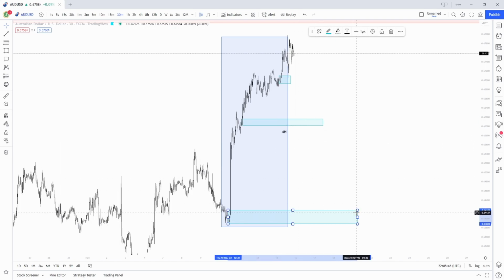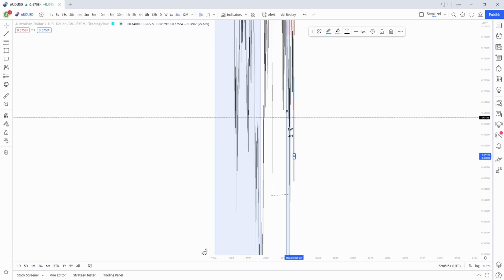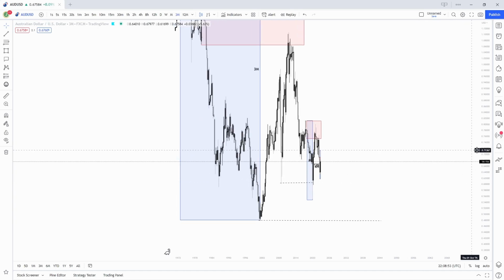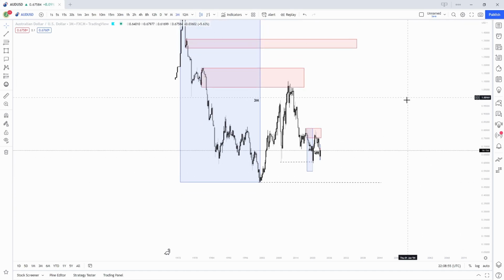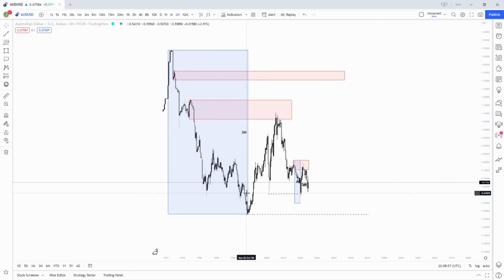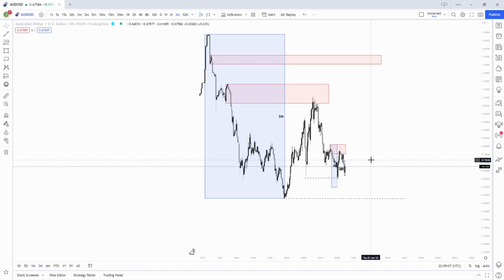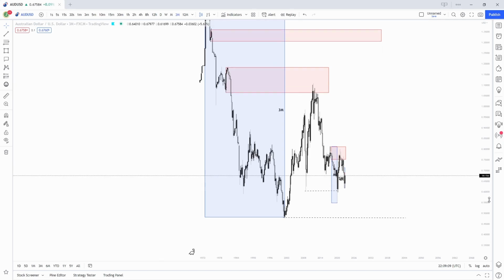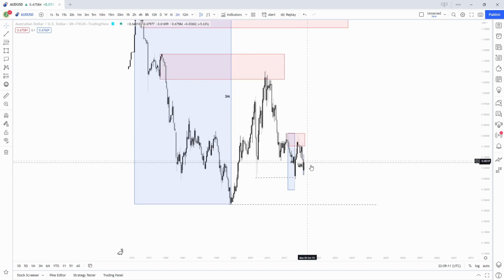So let's just do a recap of what our bias is telling us. Okay, so let's go back to the 3 month and say we know that we should be bearish in terms of the 3 month, because we've had the creation of a 3 month impulse, we've had the correction wave come back up, the reversal from a point of interest, which is a good enough sign, alongside the break of structure to the downside, that this is the new impulsive wave. Well, let's look inside of the bearishness of this impulsive wave to try and find positions to trade price down to the final target where we believe price will end up, or is most likely to end up,